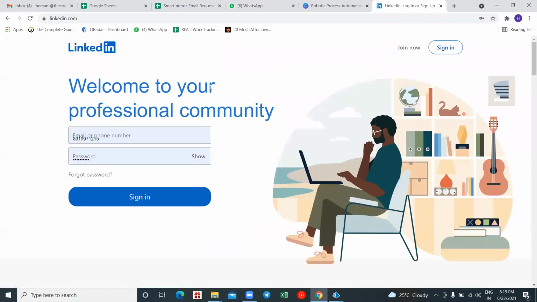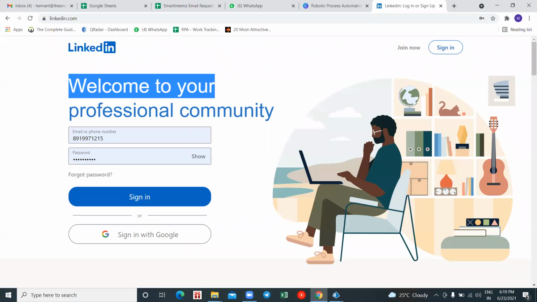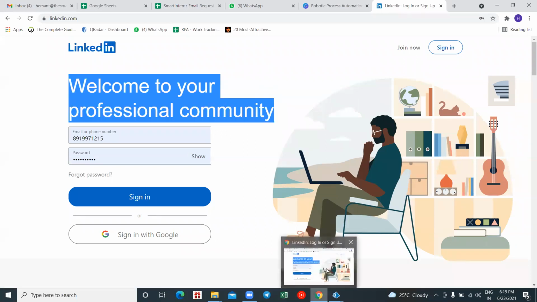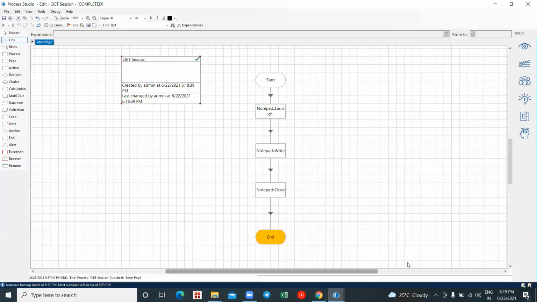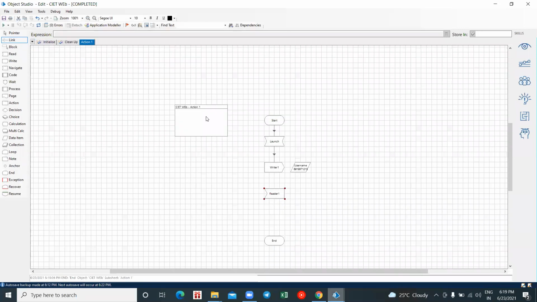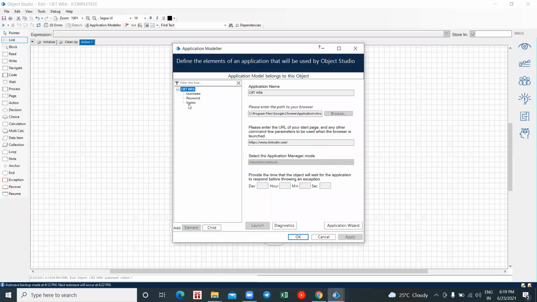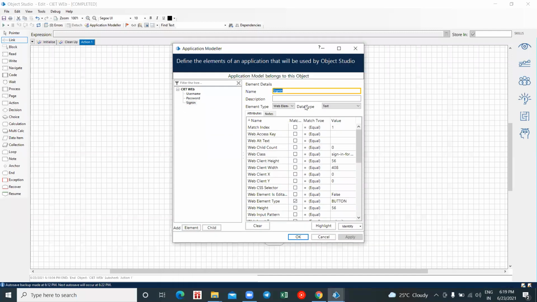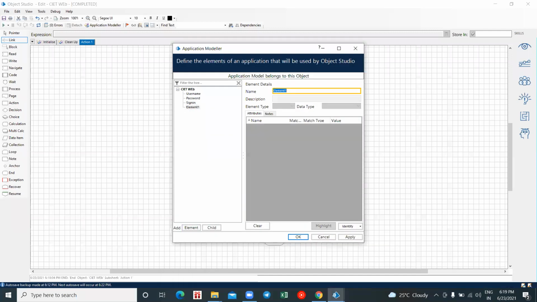I wanted to capture this particular section. So I'll go back to my object studio, to my application modeller, and here I'll create a new element,